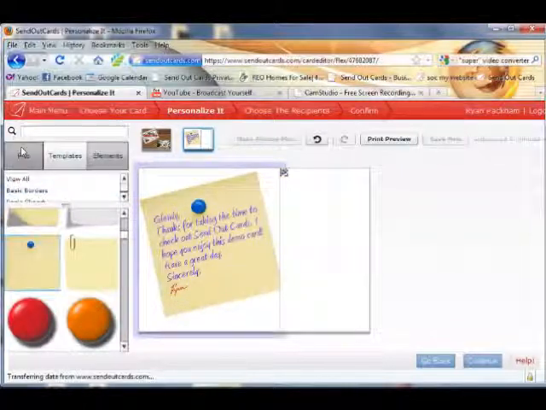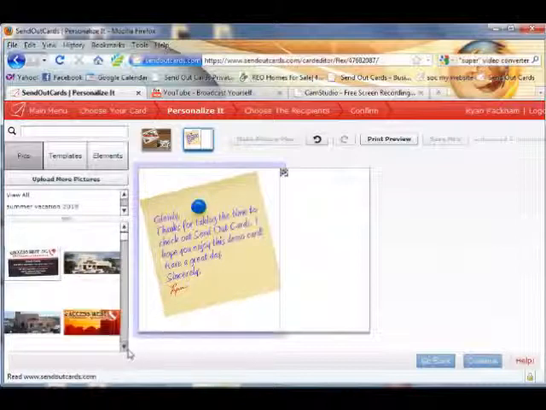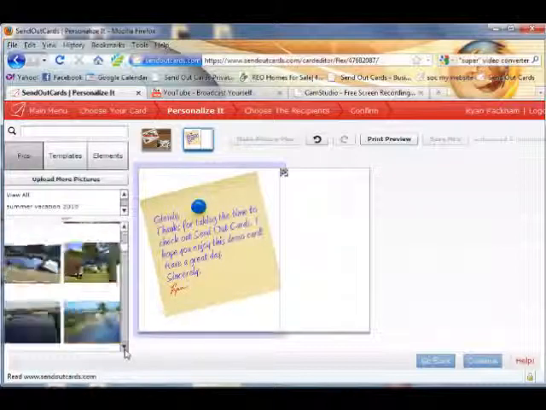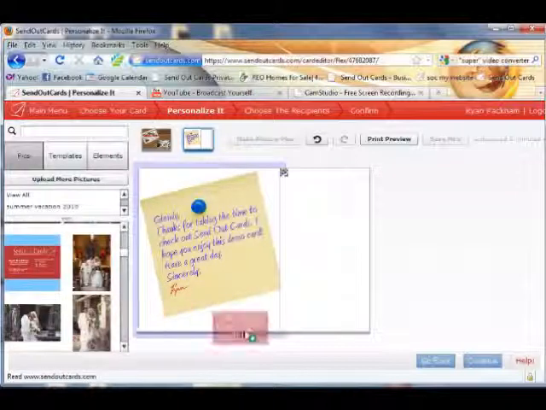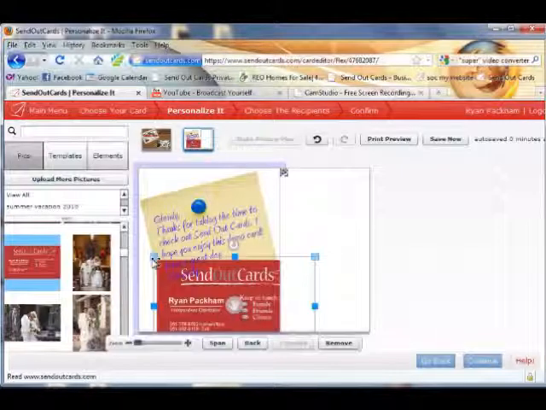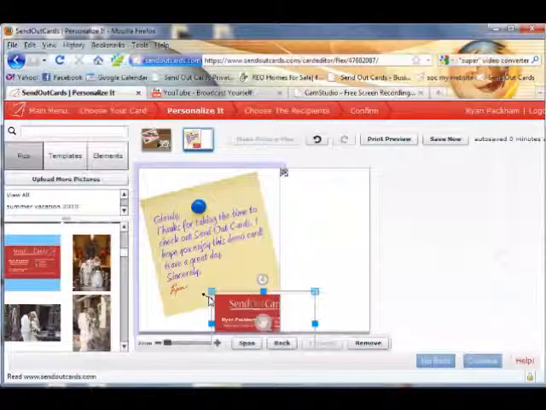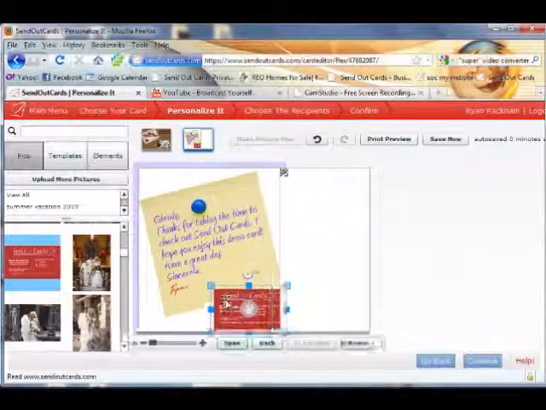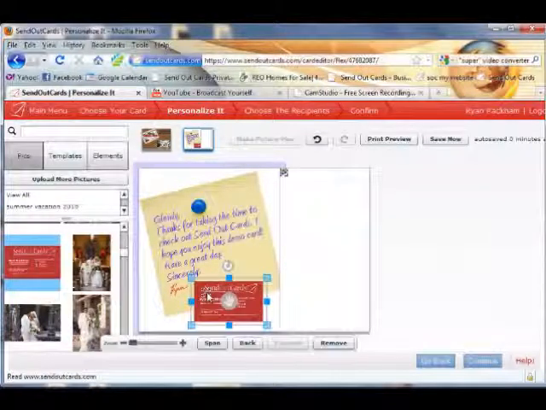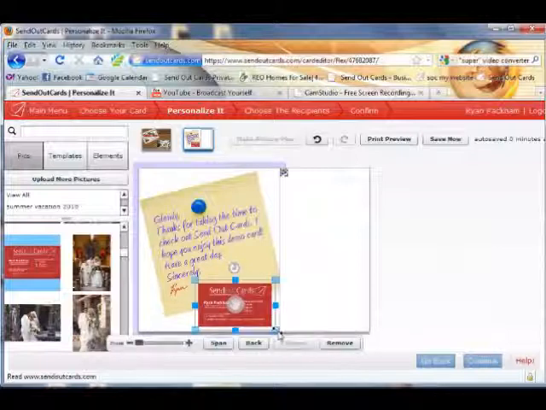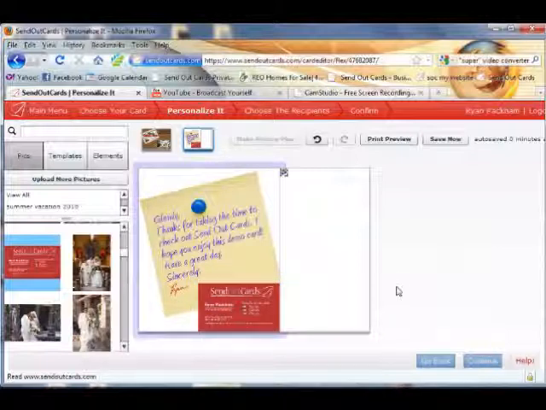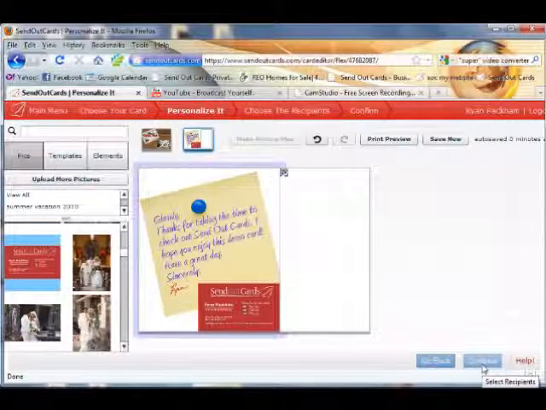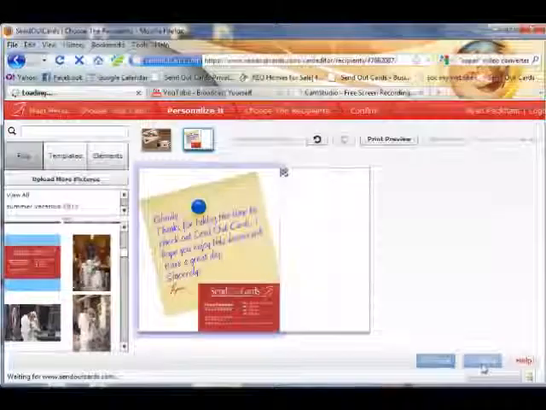And I'm also going to stick my business card on there, which I scanned myself, because I like people to know how to get a hold of me. I think that's kind of a fun way to do it. So I'm just going to put my business card on there. Make it a little bit bigger so it's more legible. And there we go. That's the inside of the card. So the next thing I'm going to do now is click Continue, and it's going to take me to